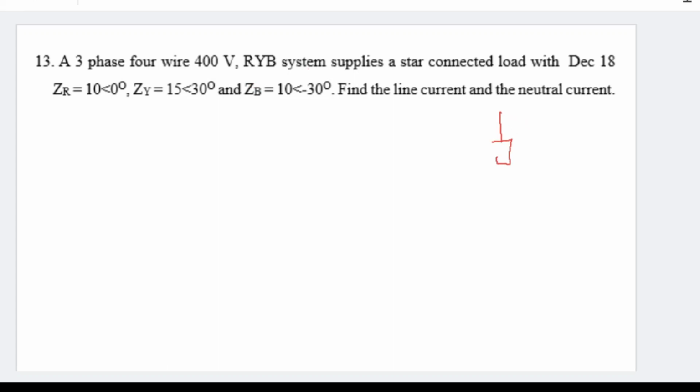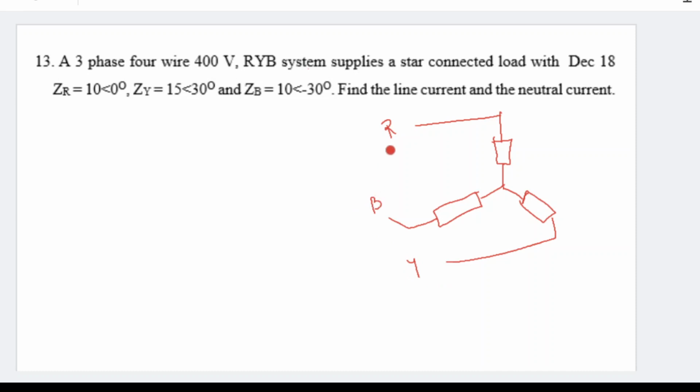Because there will be marks for the drawing. So you can draw a three-phase 4-wire system. Even without drawing, you can do it, but still. Instead of resistance and inductance, I am showing it like this. So this is R, and after 120 degrees comes Y, and after 120 degrees comes